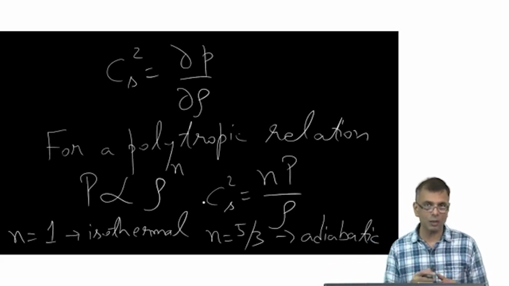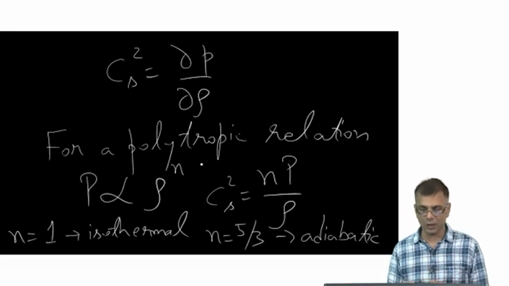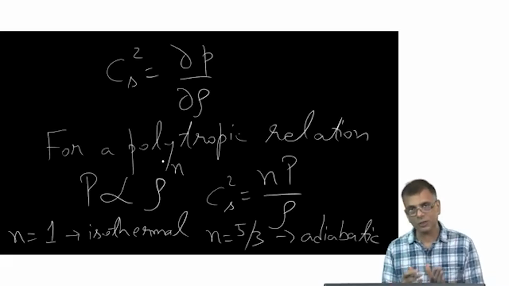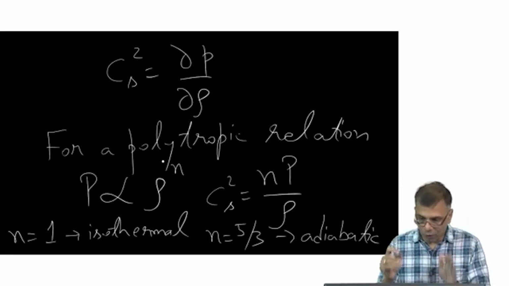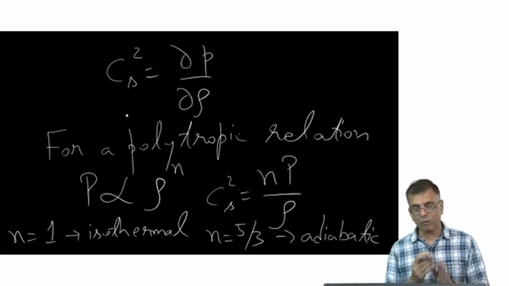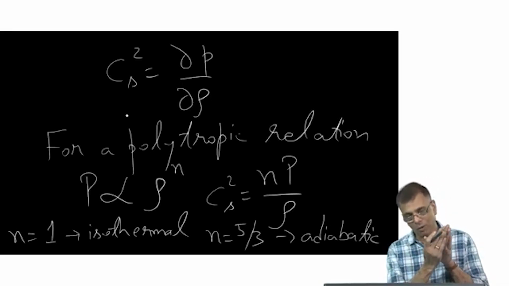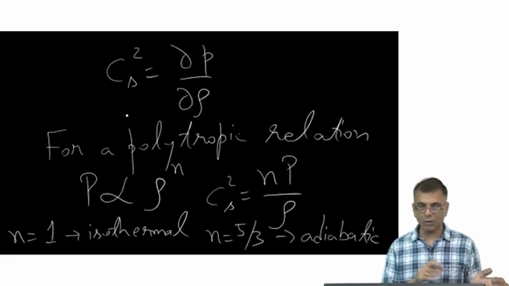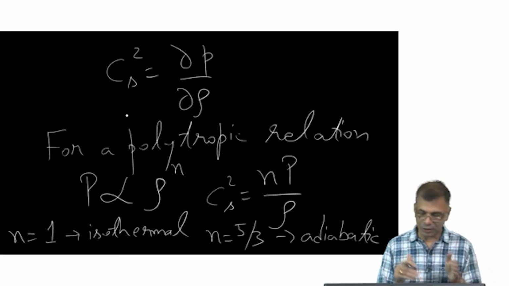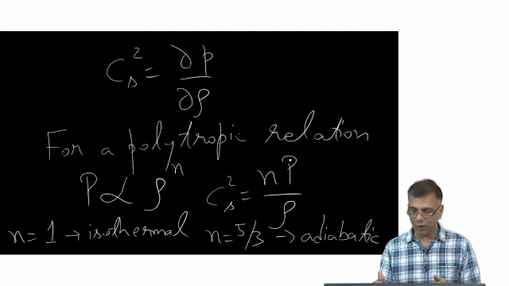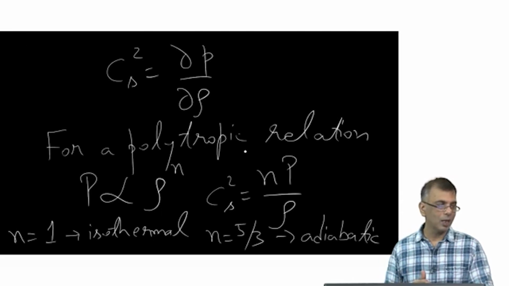As we remarked a little earlier, the value of n is really a kind of cheap energy equation. This value of n embodies all the energy dissipation and processes that can be happening. So the actual speed of sound, although formally defined like this, will depend upon the thermodynamics of the compressions and rarefactions, and the two limits are an isothermal process and an adiabatic process. Depending upon the value of n, the speed of sound can vary.